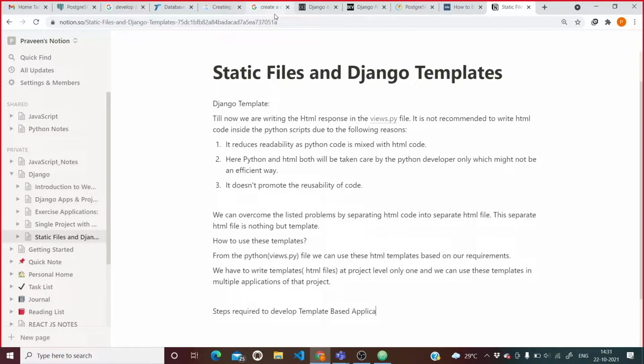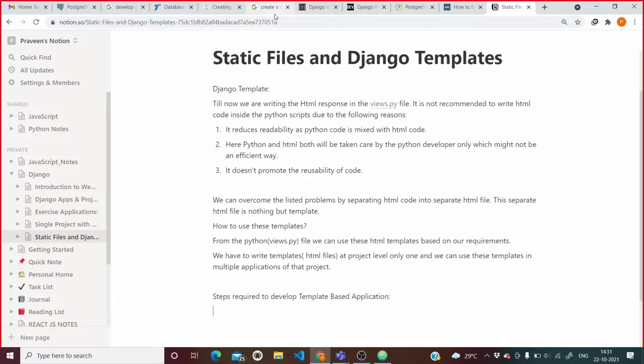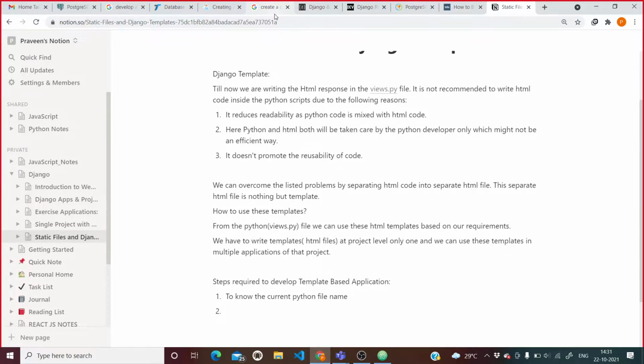The first step is to know the current Python file. What is the name of my current Python file? We can do that.